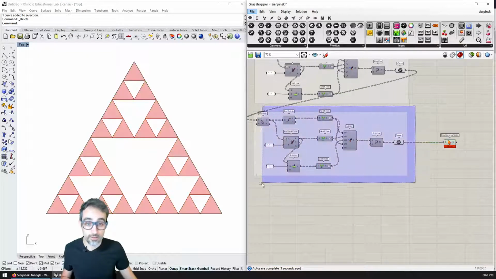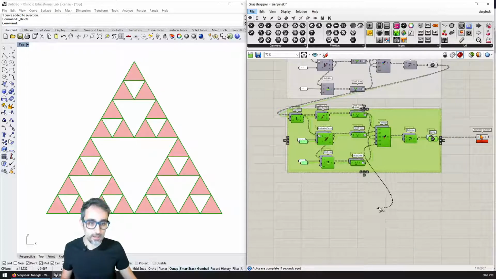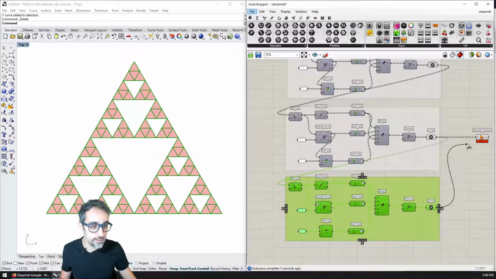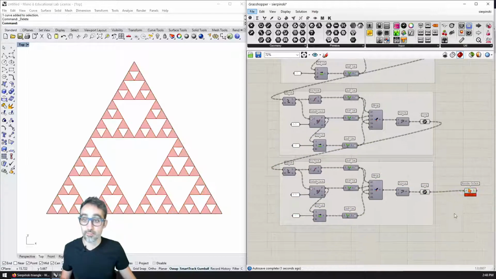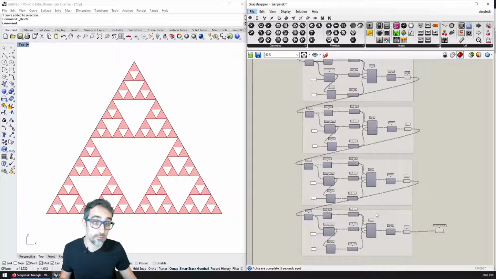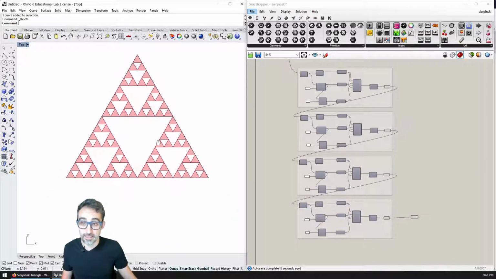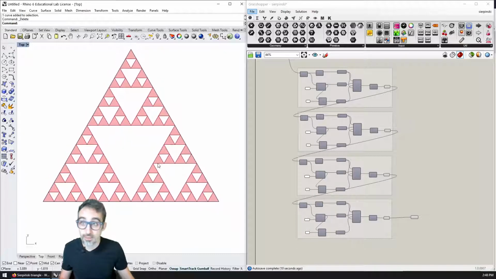If we want another level, we can just plug this in here, add another layer, etc. Then we end up with as many levels as we can manually copy paste. This is one of the limitations that Grasshopper, this procedural environment, has right now. In the next video, I will show how to write this same logic using scripting, and then be able to apply this recursion programmatically.